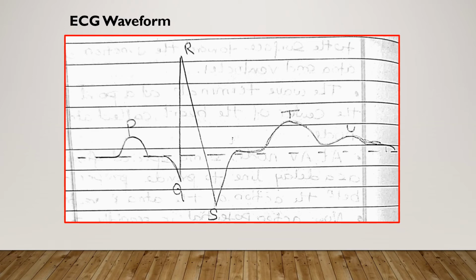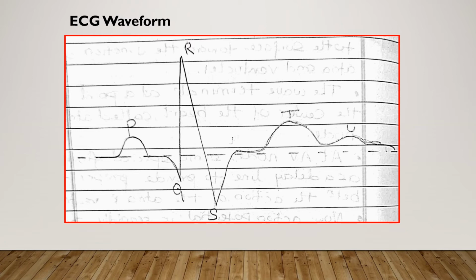Then next is the ECG waveform, also called the PQRST waveform. Now we will see what exactly is meant by the P wave, QRS complex, T wave and U wave. First is the P wave, which represents the depolarization of the atrial muscle. Then the PQ interval, which represents the time during which the excitation wave is delayed in the fibers near the atrioventricular node.